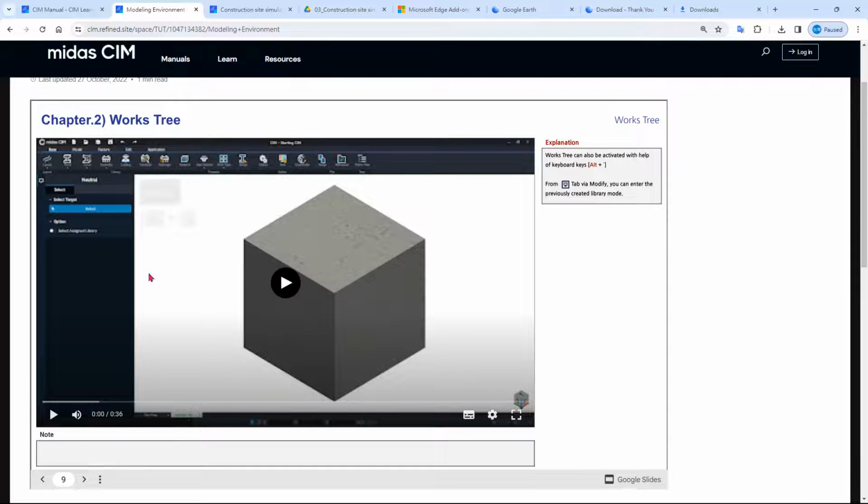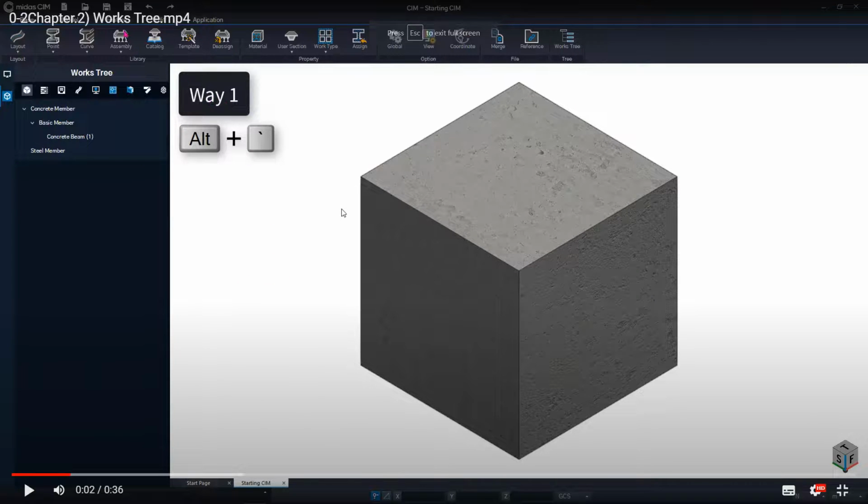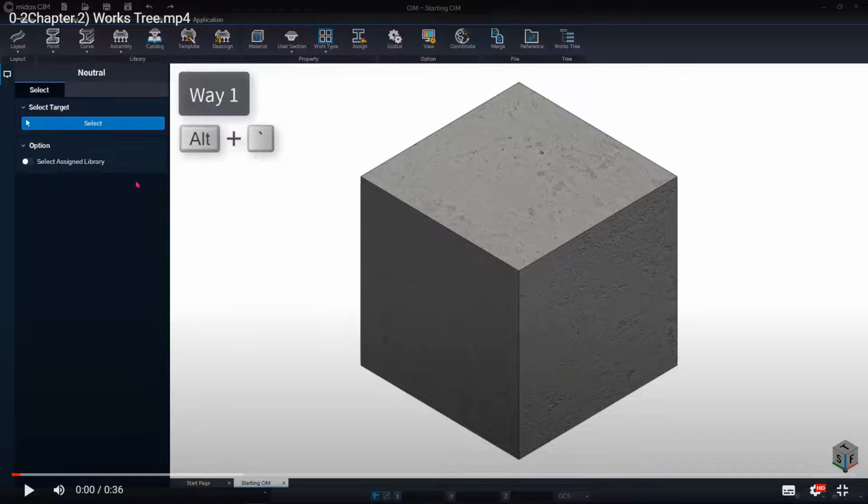And this one is regarding the works tree. This is to summon the works tree. So for example, if you have the model, and you want to add some different model, for example create additional concrete on the right-hand side of it, you will get something that is not like a works tree, as you can see here.